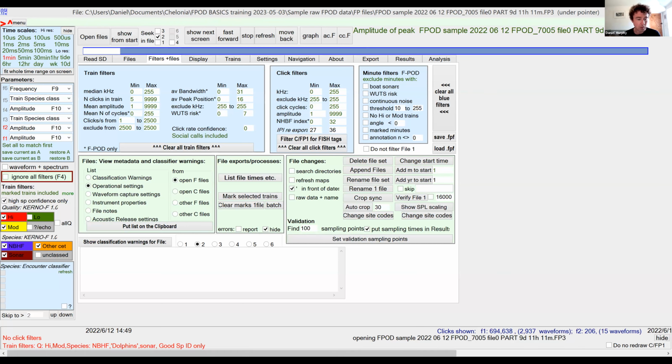Right. So we're just going to very quickly look at some basic analysis and exporting your results. We will cover exporting data in a future course in a lot more detail, but we're just going to